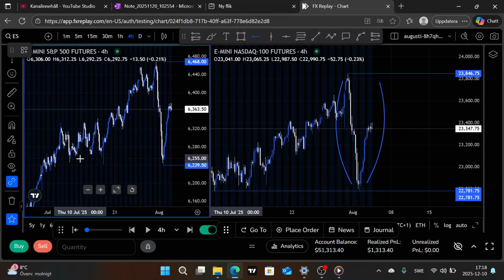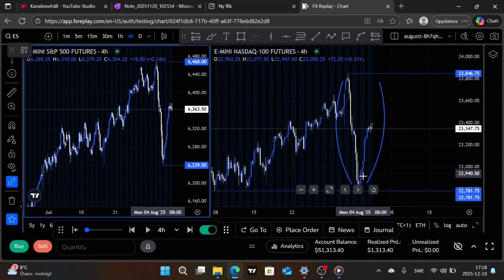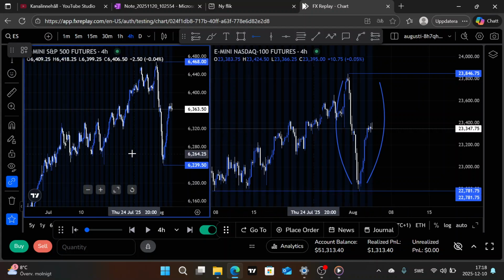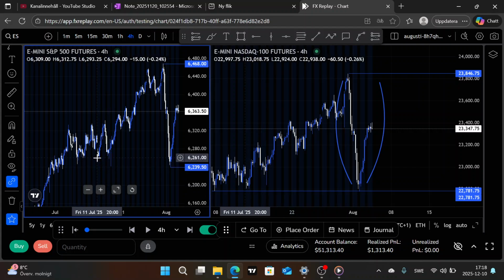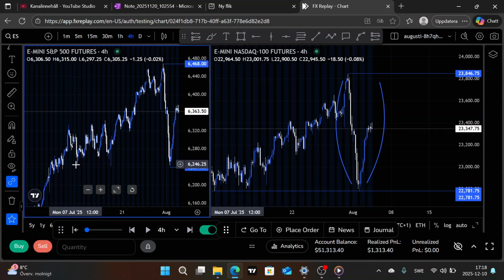It seems I can't find any SMT because NQ has swept this low and this low and this low, and on ES we only have this low, and we already had an SMT before, so that's why the price moved up, and right now